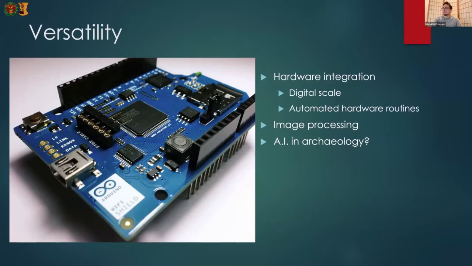You can automate routines. I have a colleague who's working on image processing, so being able to identify, for instance, inclusions in thin sections of pottery, or even infer the shape of a vessel. We can get to do those things down the line if we start to work on it. That is really all that it takes, I think. And I haven't really explored this, but there's a lot of AI stuff going around now. We're seeing AI art. Why not AI archaeology?